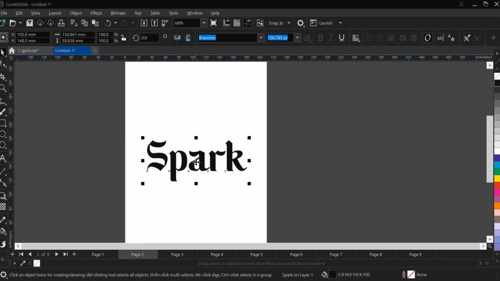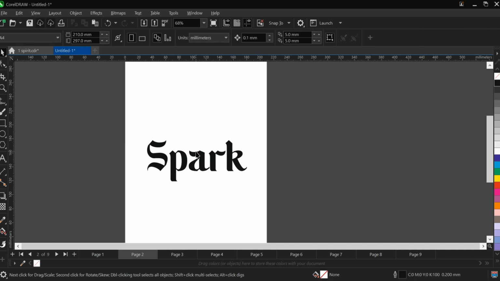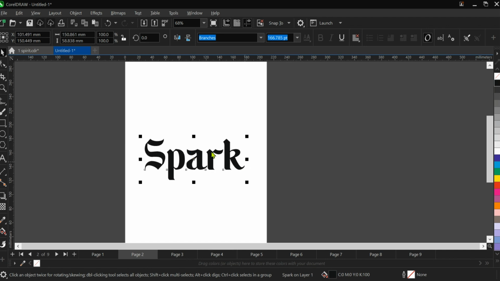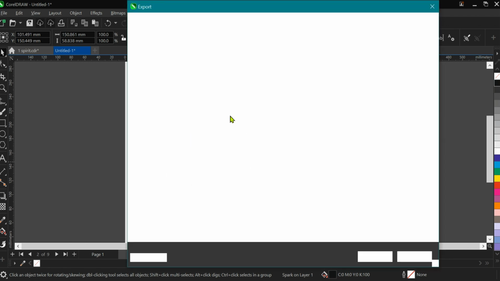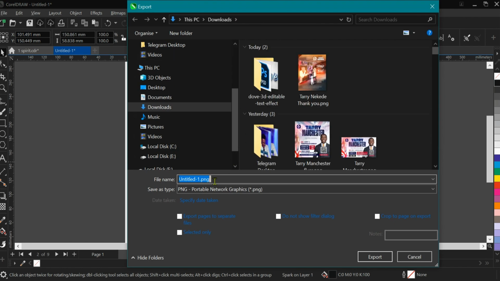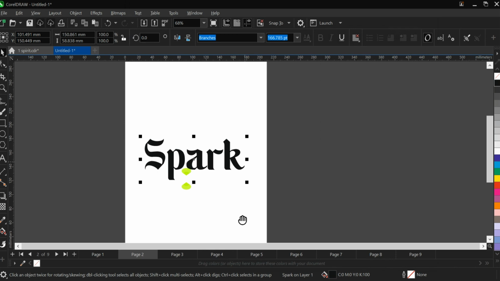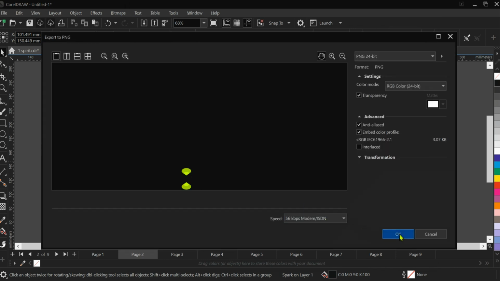Okay, so this is CorelDRAW. So I'm going to export my theme. Let me assume I've finished working on the theme of the meeting in my design. So what I'll do is export it as PNG. You can see there is no background, so I will press Ctrl E to export it as PNG. I will export it as a PNG file, and